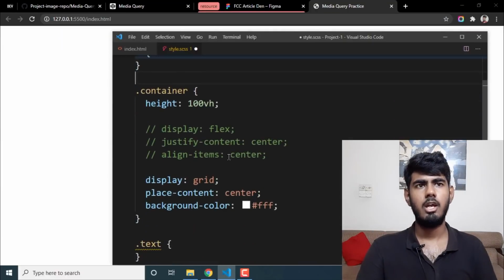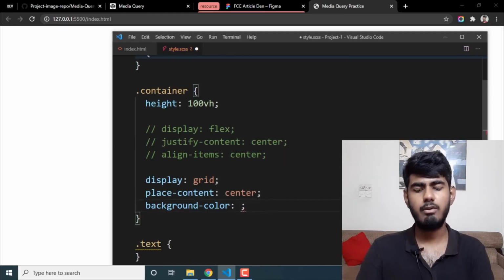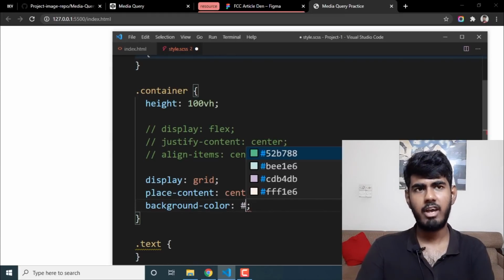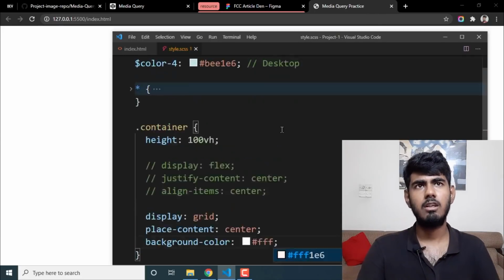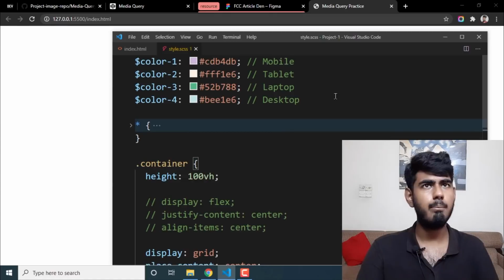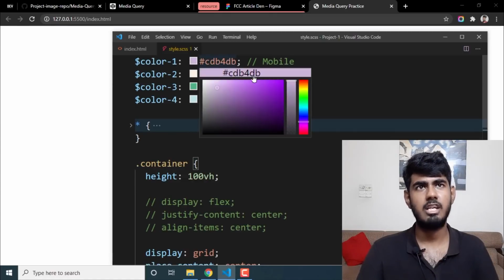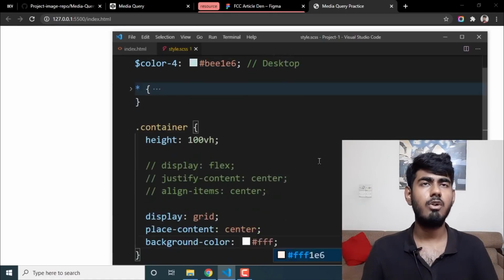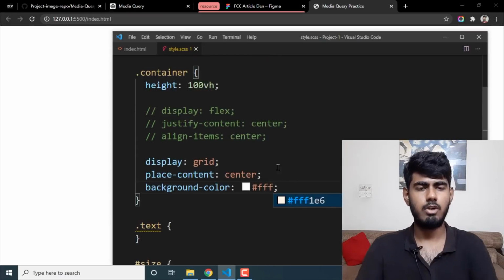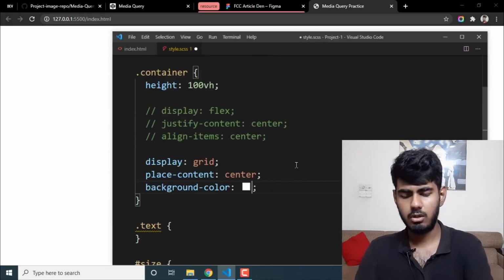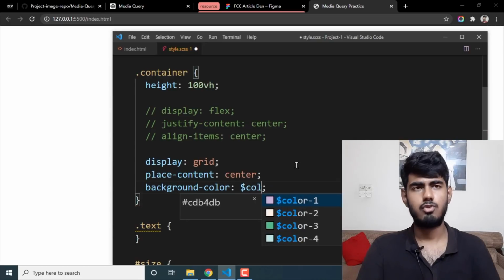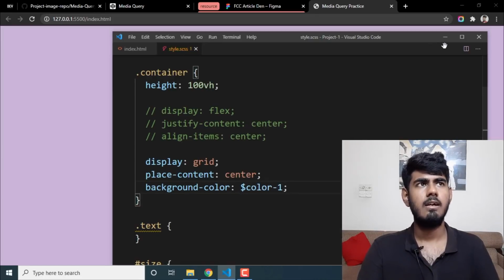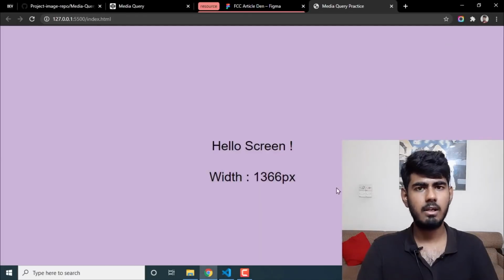On the container, you remove this. Let me show you a sample of how these variables work. So it was hashtag FFF, which defined the white color. And if you want to bring this color 1 over here, I don't know what is the name, but let's say this is purple because I'm seeing purple over here. So if you want to bring that purple color over here, what you have to write is $color 1, Control S, and now you can see that the color 1, which is the purple color,